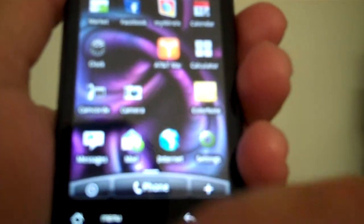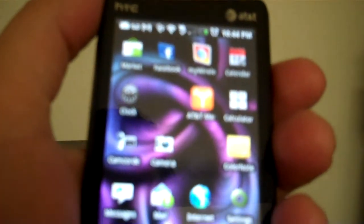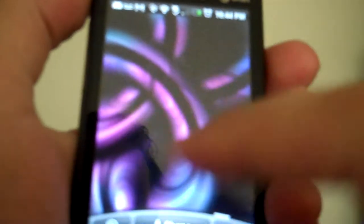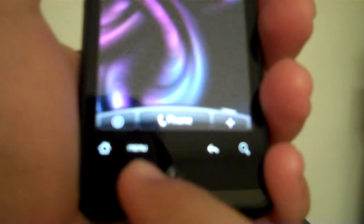So to open it up, you just swipe down the lock. You've got your basic phone features right here, the dial pad, your address book. You can get rid of the dial pad anytime you want, and you can scroll through your list. Something about the optical mouse, though, is pretty interesting, because if you don't want to get your fingerprints all over the phone, you just can scroll your finger across, and